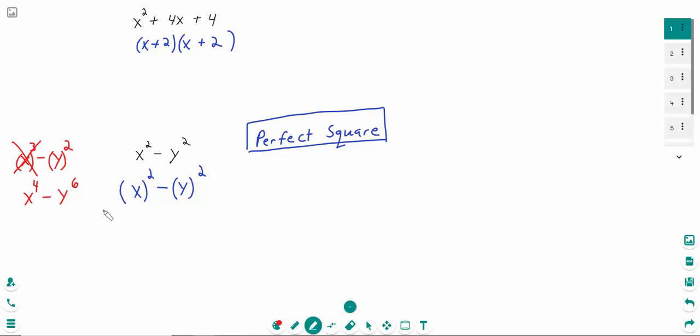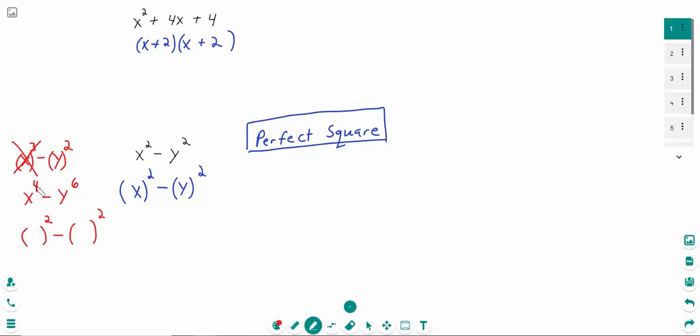Yes? No? Well, let's look at it. Could it be written in the form of something squared minus something squared? That's really the question we need to ask. And if it can be written in this form, then yes, it is a perfect square. Okay. All right. So is there something that I could put into this first set of parentheses such that it